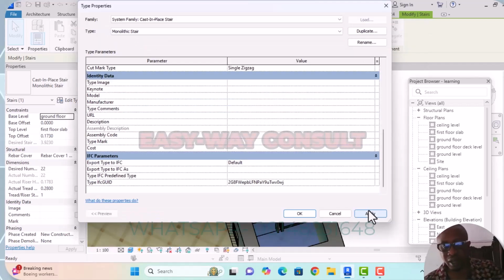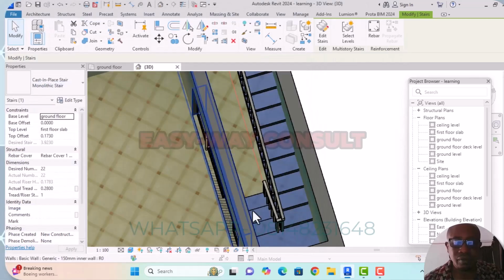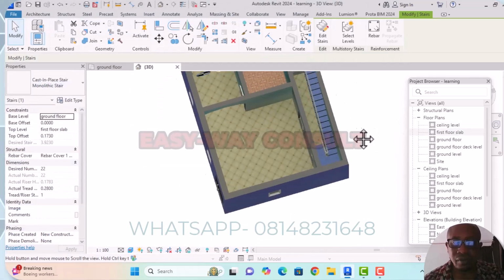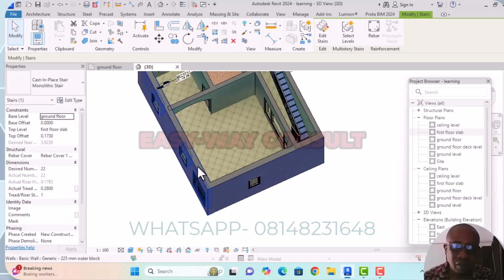We will also do a lecture on different types of staircase so that we get it right. Say apply. After applying, you say okay. You go to okay. So this is it. You have gotten your staircase for this. As you can see,